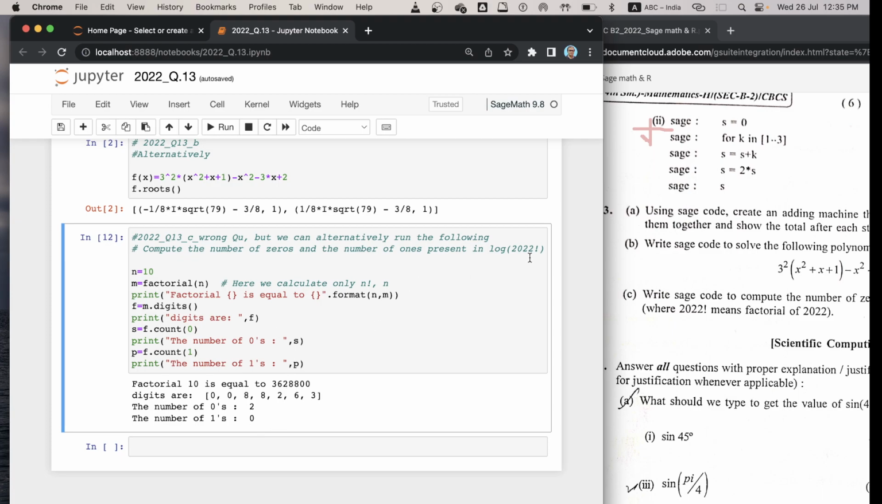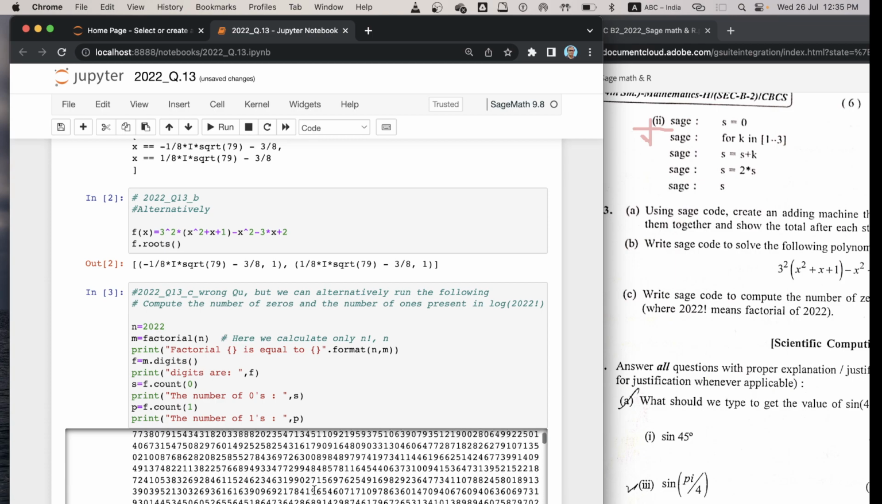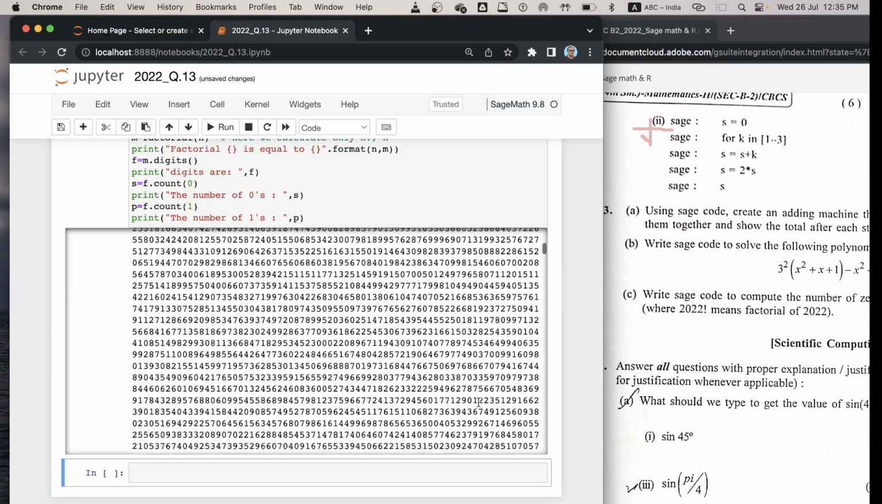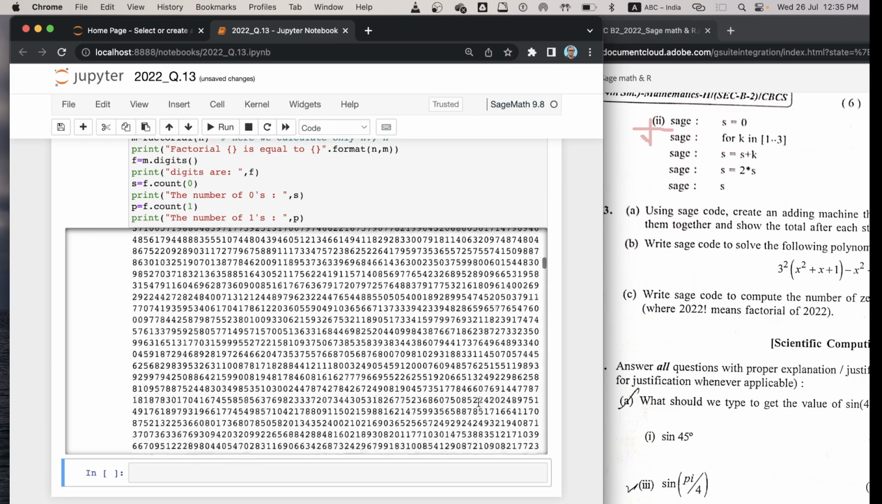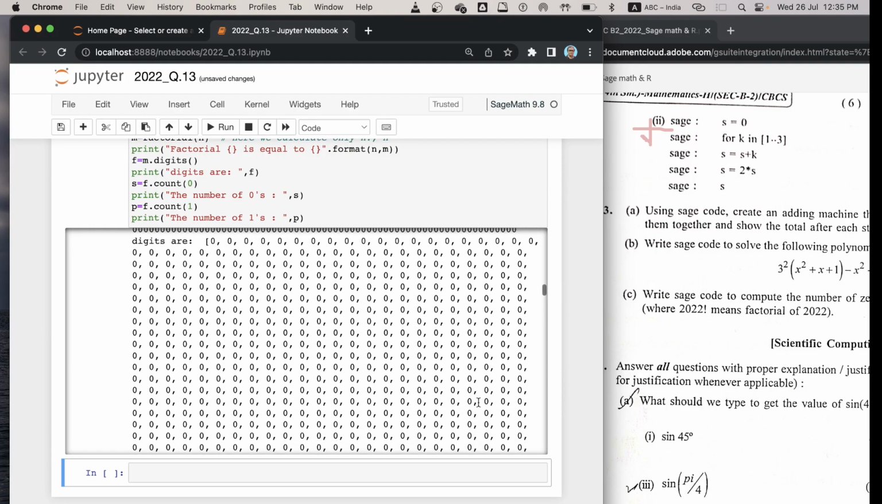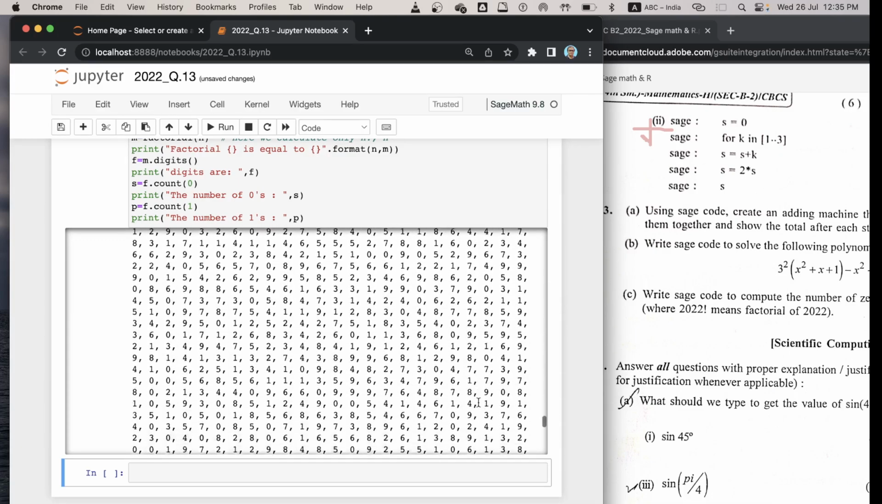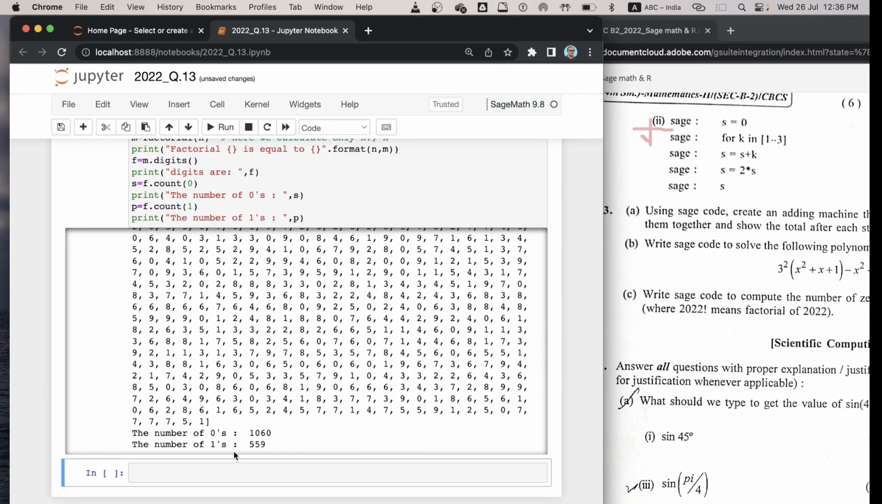Here for the log of 2022 factorial, if you put 2022 factorial, this is its output. 2022 factorial is this, and the digits are this list of digits. Finally, the number of zeros here is 1060 and the number of ones here is